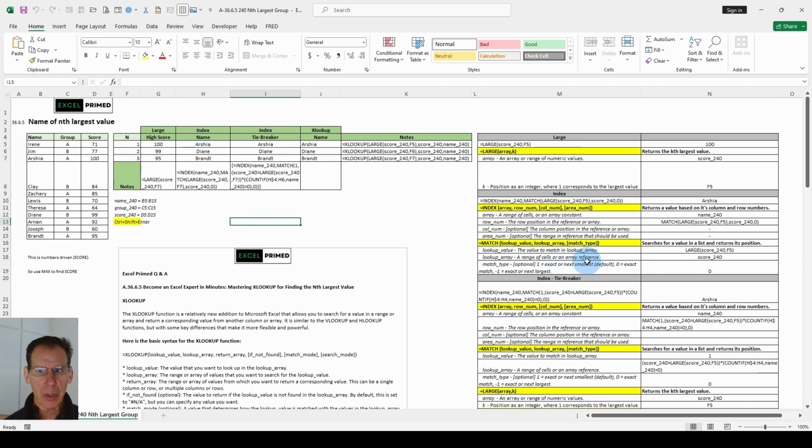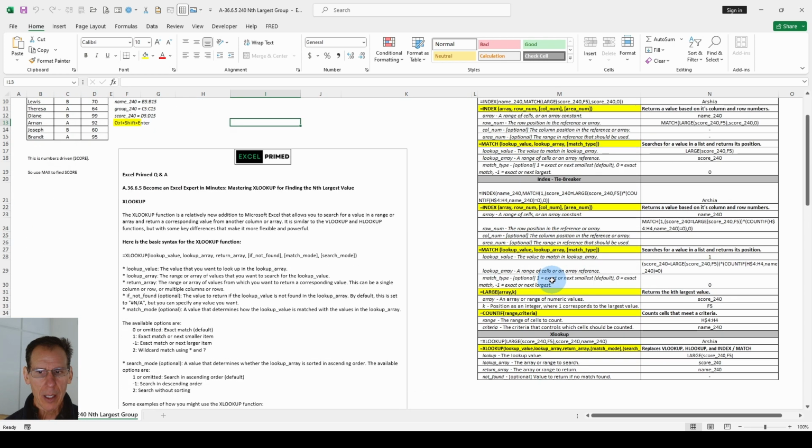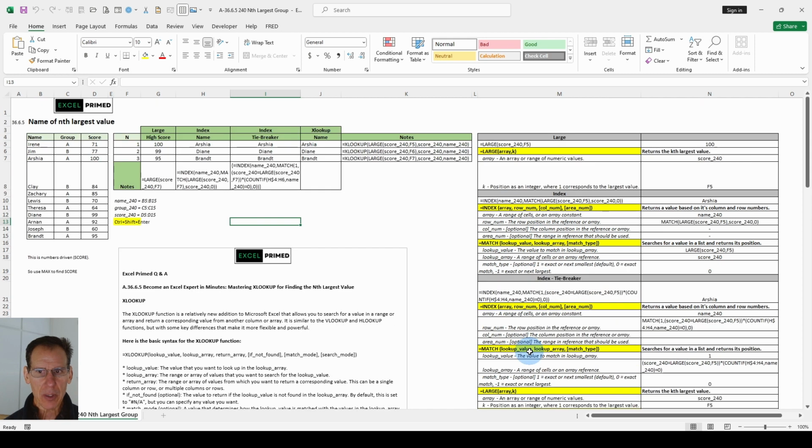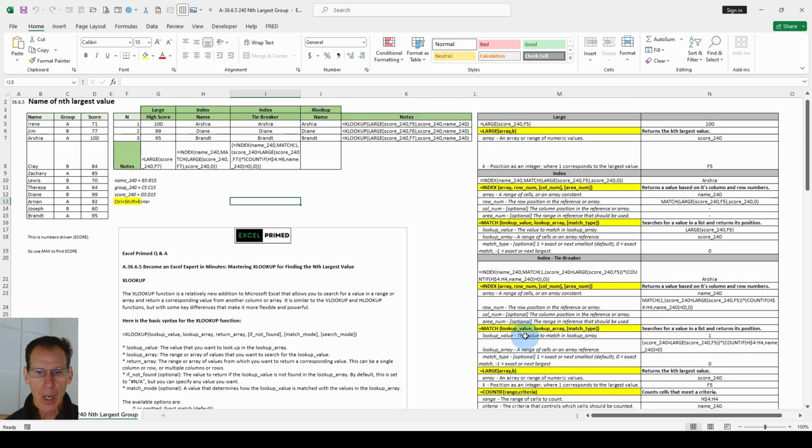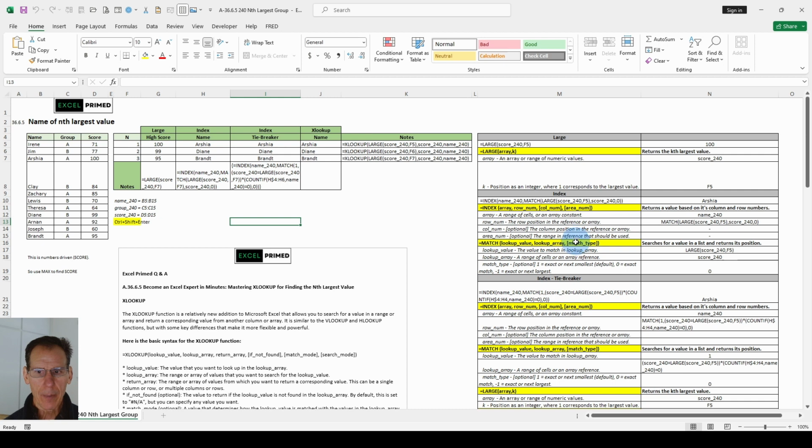You can also put a timeline as to when the different tools were incorporated. Clearly, XLOOKUP is the newest, and index match was the first. Depending on what version of Excel you're working with, maybe you can't incorporate XLOOKUP. I'm working on Excel 2021, but if you're working on an older version of Excel, maybe you're forced to use